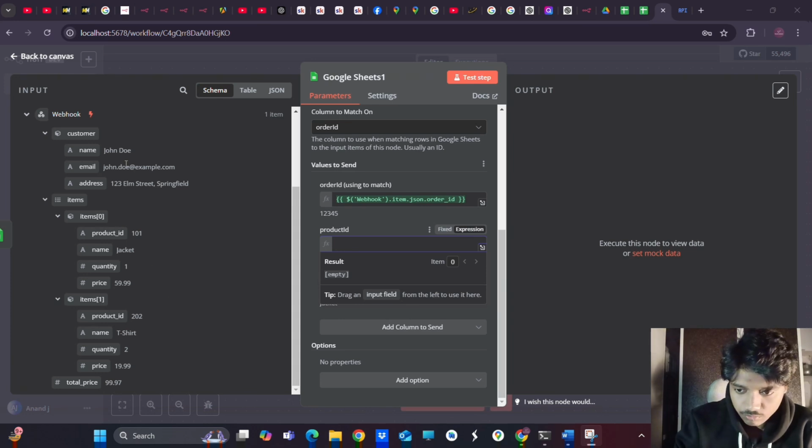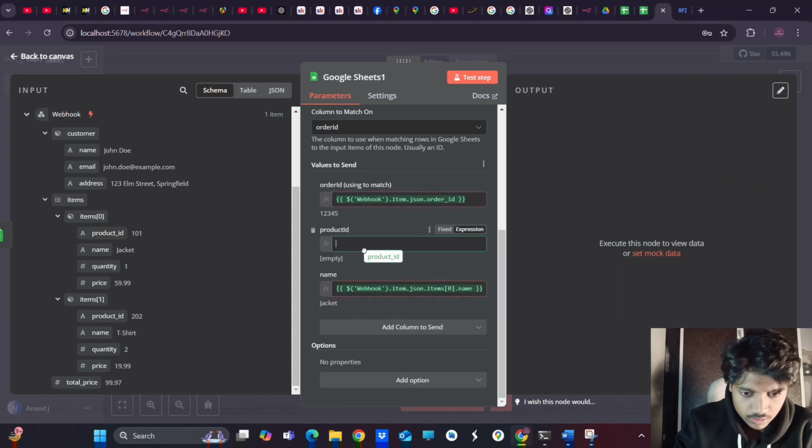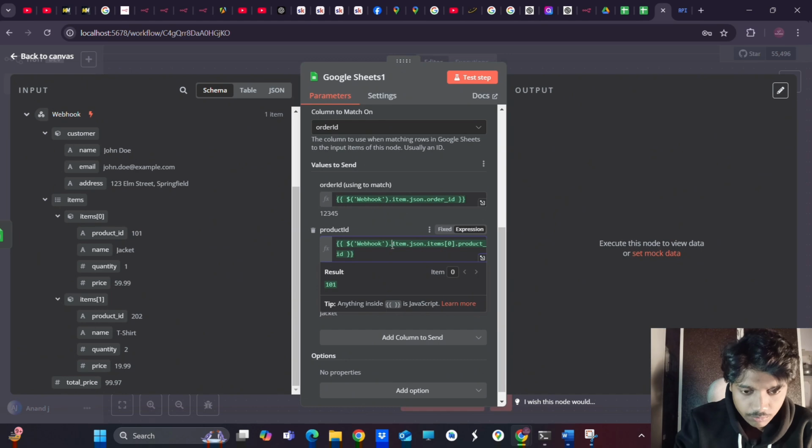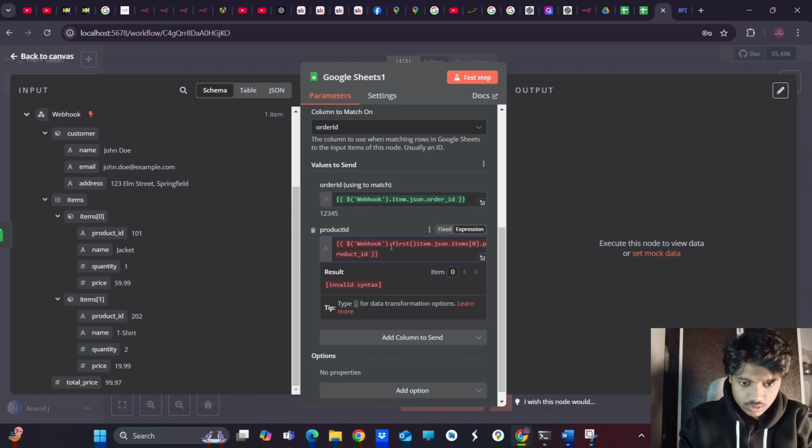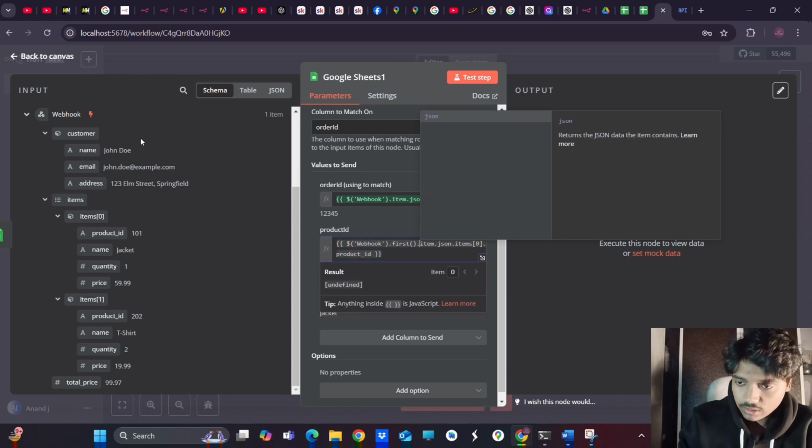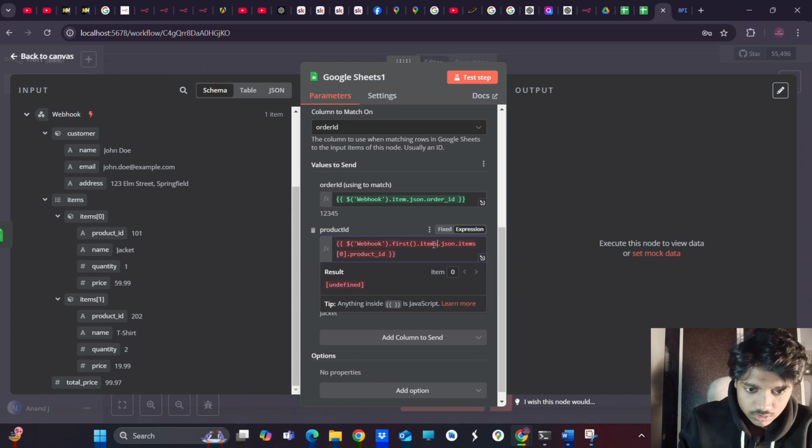For that, we will be iterating over this webhook data, that is the items. In the items data, from these items we will be fetching all the product IDs. So how can we do this? Just select this product ID, add it in the product. Then in the webhooks, it is referring to the webhooks. We will be considering the first object of it. For that, we have to just type first, then dot, then from the first object we have to select these items. Then from these items,